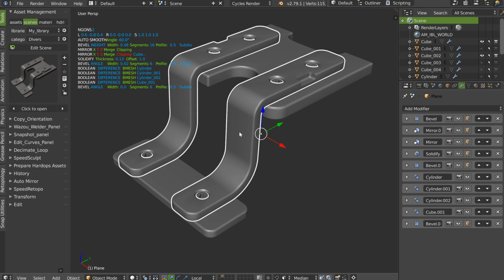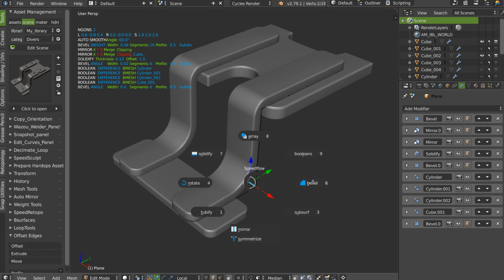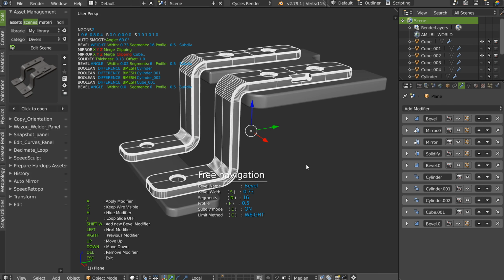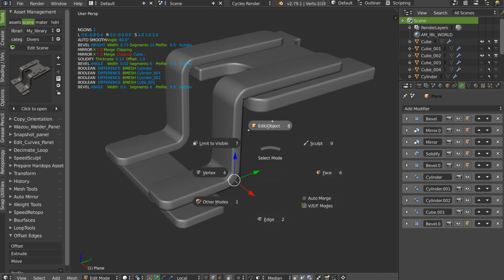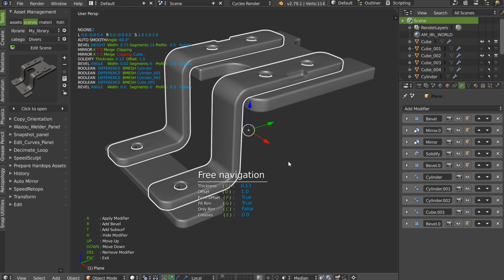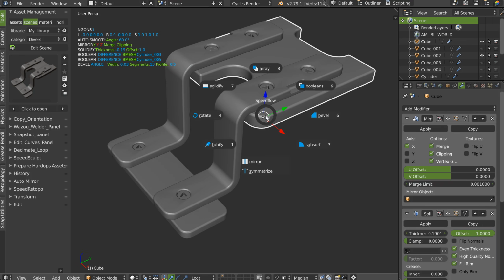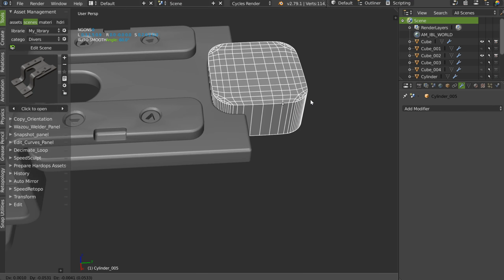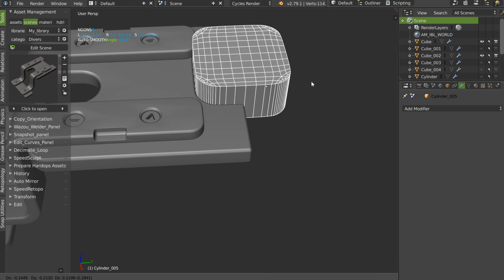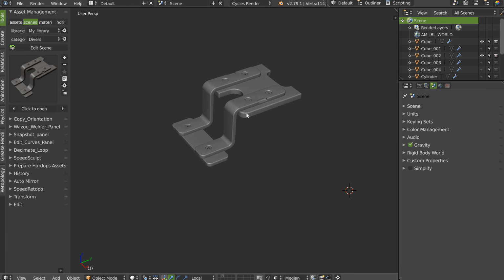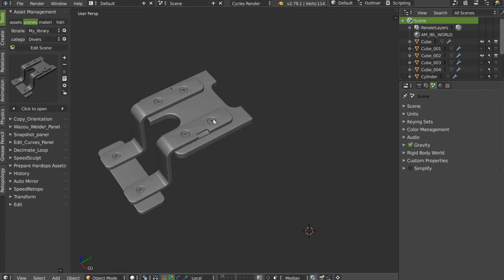And the interesting thing is that it's editable, as you can see. Like this, you can edit, add subdivisions, etc. Same for the solidify. You can show the boolean object, you can edit it, move it, like this, etc. I can hide it. So we will try to make the same object.